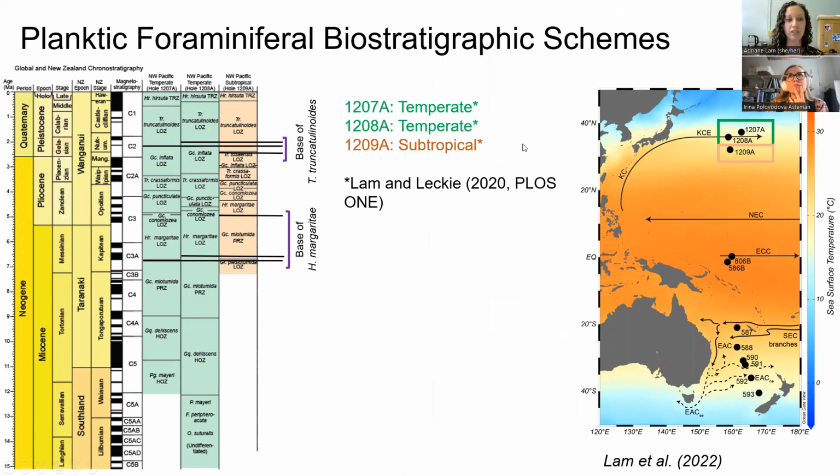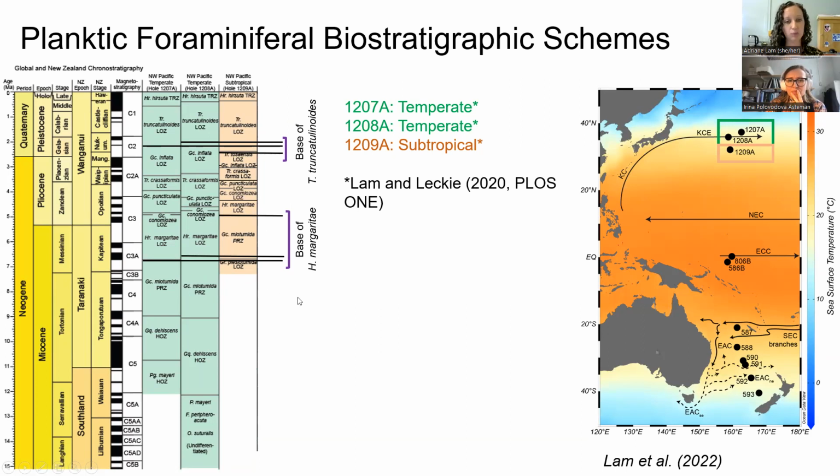And then what you're looking at on this screen are the 3 Northwest Pacific sites from Leg 198. So at Holes 1207A and 1208A, we applied the temperate biozonation scheme, and at 1209A, we applied the subtropical zonation scheme. And this is from Mark and I's paper that we published in 2020. So what I've highlighted here is the base of Truncorotalia truncatulinoides, which defines the Truncatulinoides lowest occurrence zone. And you can see that among these 3 sites, the base of that biozone is diachronous. I've also highlighted the base of Hirsutella